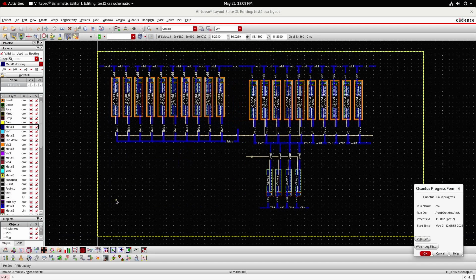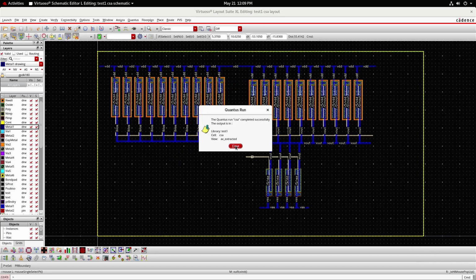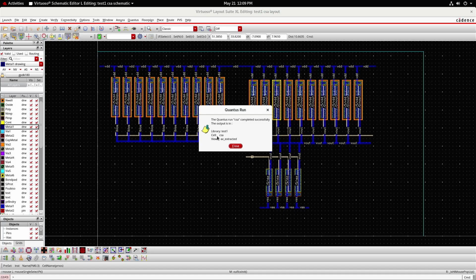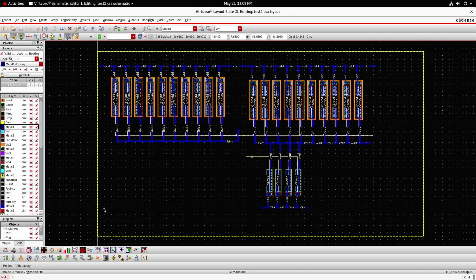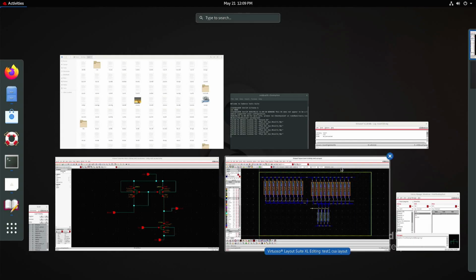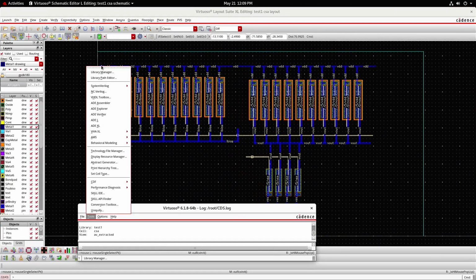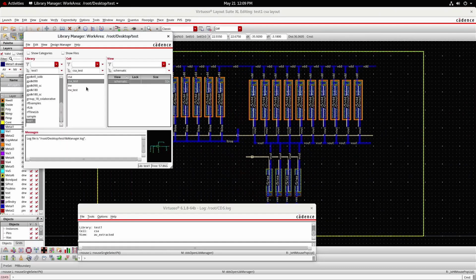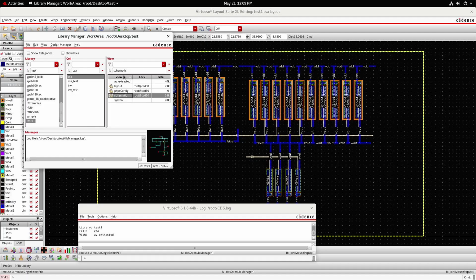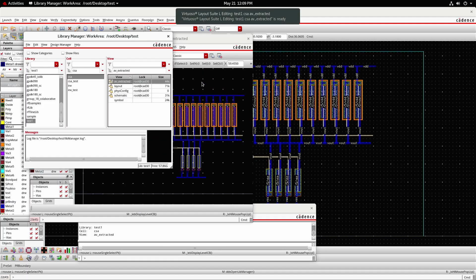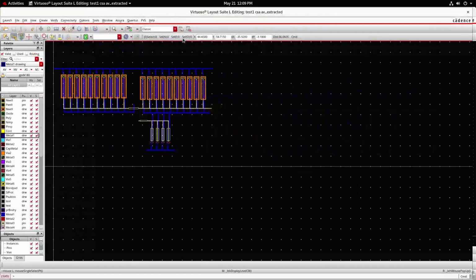It will run the RC extraction task and show a dialog box wherein you can see that the av_extracted result will be available in the corresponding library. If you want to see the av_extracted view, go to the CDS window, Tools, Library Manager. Under your library, CSA will have a new view, the av_extracted view, which will contain the RC values.